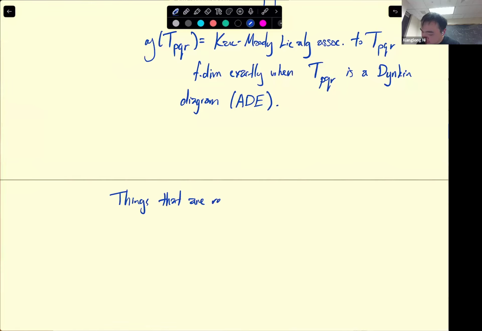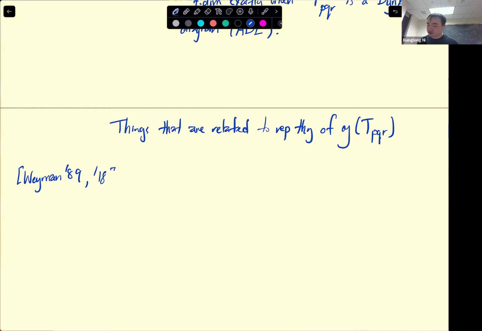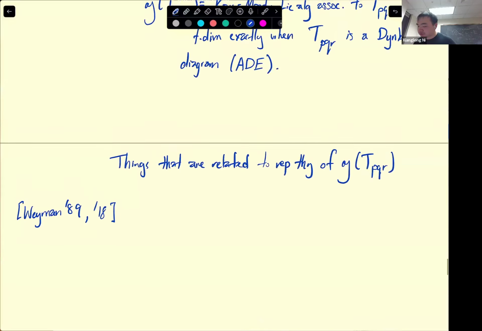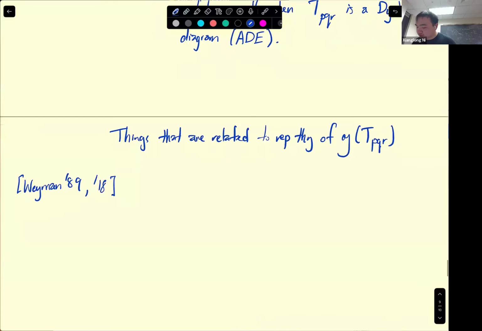of this Kac-Moody-Lie algebra include, well, so Weyman in '89 took on the task of writing down or explicitly constructing a generic ring for resolutions of length 3, and then completed this in 2018. But the key ingredient was realizing that the generic ring that I was constructing was related to this Kac-Moody algebra in some way. In particular, for the parameters p, q, and r, this was related to the resolution with the